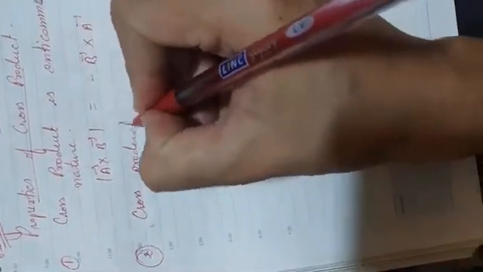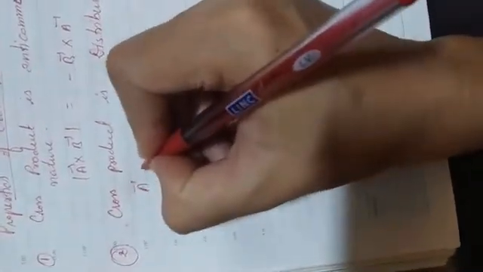cross product. Second rule, that cross product will follow the distributive law. Cross product is distributive, that is, if we are taking the product of three vectors like this, then we can write it A cross B plus A cross